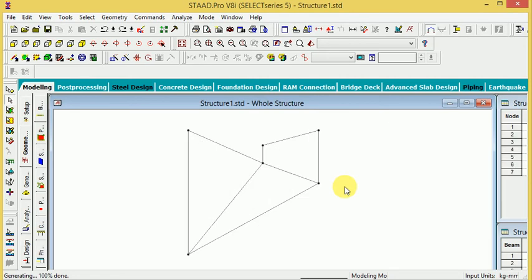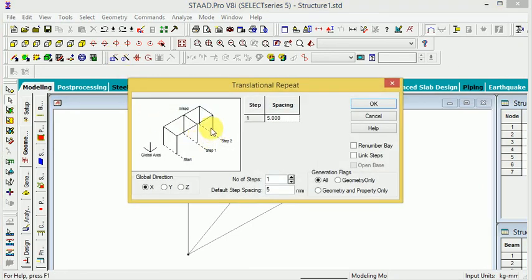So again I will show you how to do that. First of all, go to here and define the axis Z direction, and number of steps we will define just 5, and here the distance according to measurement, according to diagram.